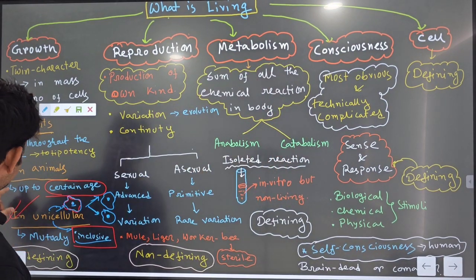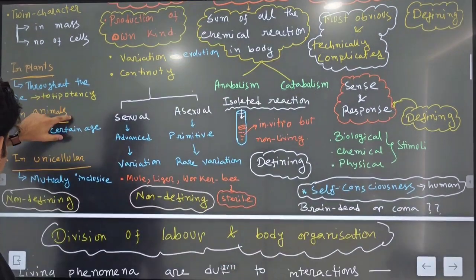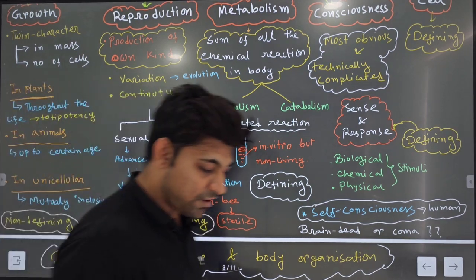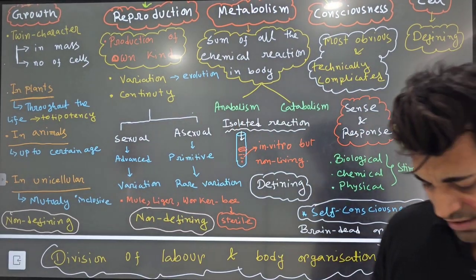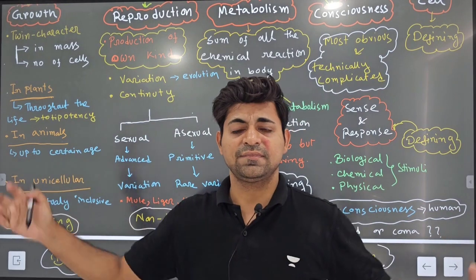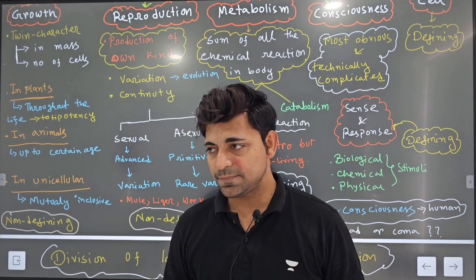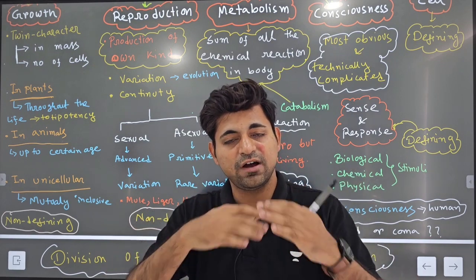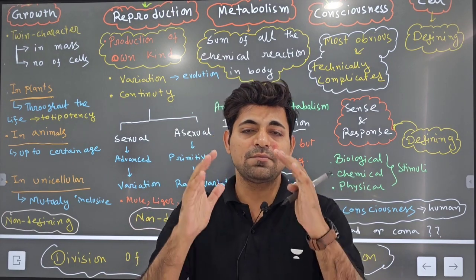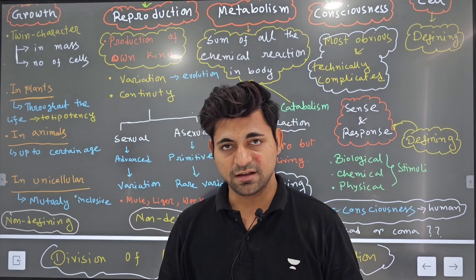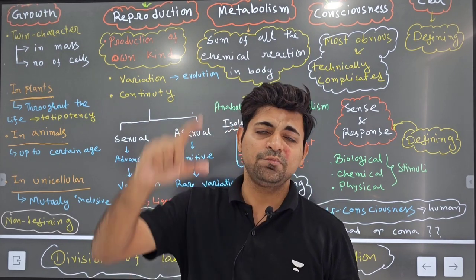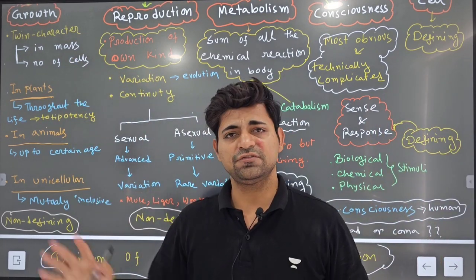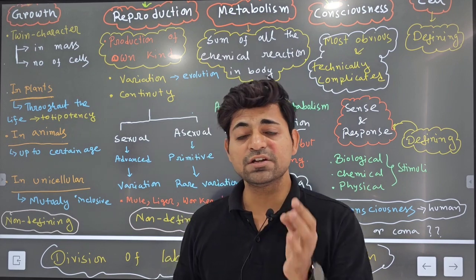But why do they say that growth is a non-defining criterion of life? You can see growth in the Himalayas as a mountain range. Due to the moving plates of our earth, every year there is some increase in the height of the Himalayas or Mount Everest. The height of Mount Everest also increases due to the deposition of snow and other things. Even sand dunes.